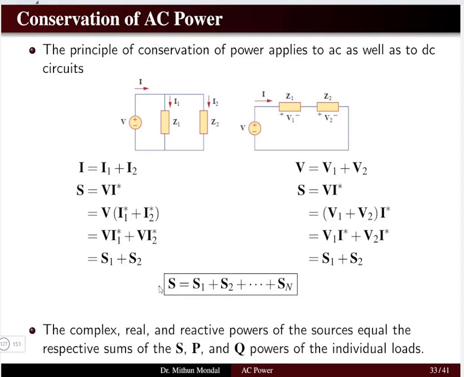So what we can say from this statement is that the complex power, real power and reactive power of the source is equal to the respective sum of the individual load terms. It is not only dealing with the complex power, it holds for the real power and reactive power also. Since the complex power is conserved, the real power and reactive power will also be conserved,